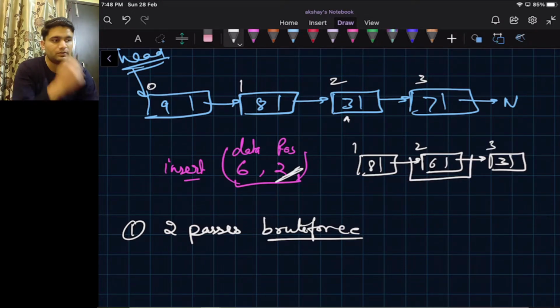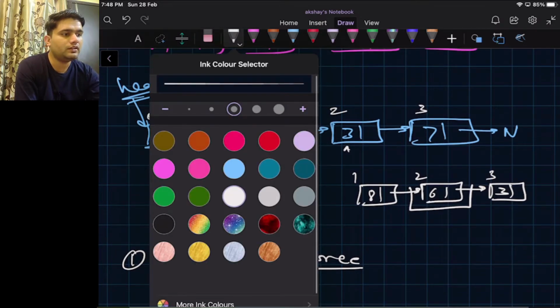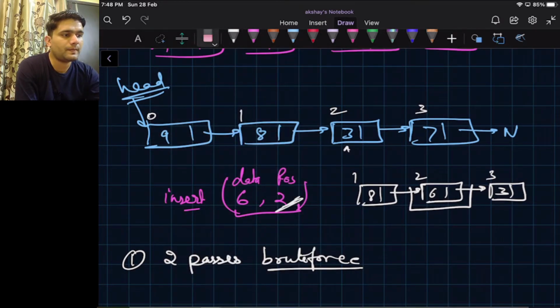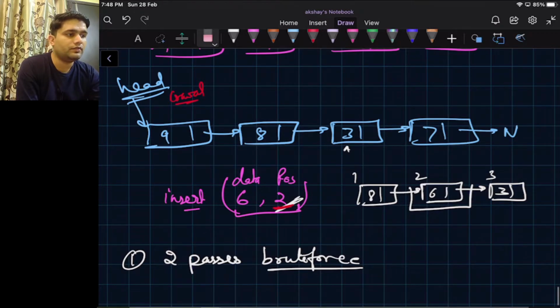According to brute force, we will create a crawler here, and we will run the crawler till we reach the second node. So this is 0, then we can move further. This is 1, we can move further. This is 2.